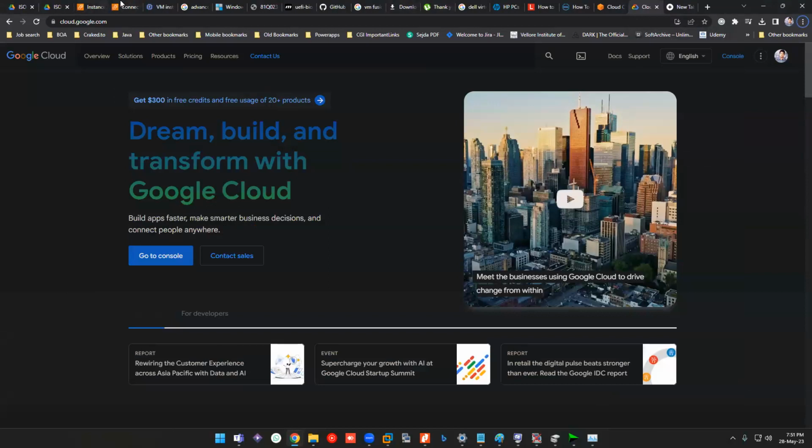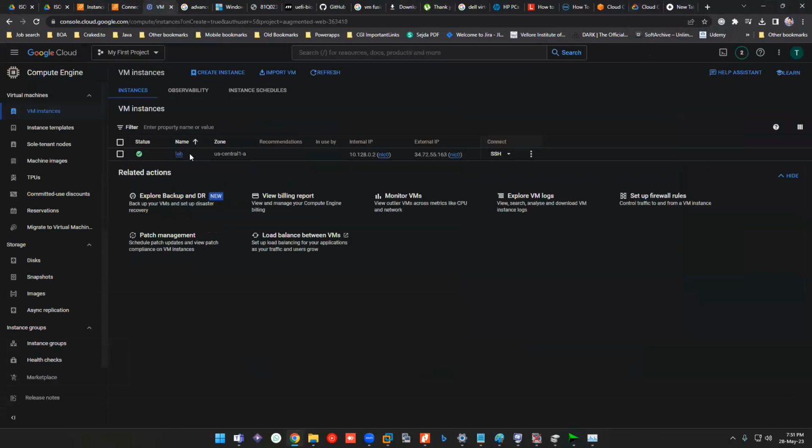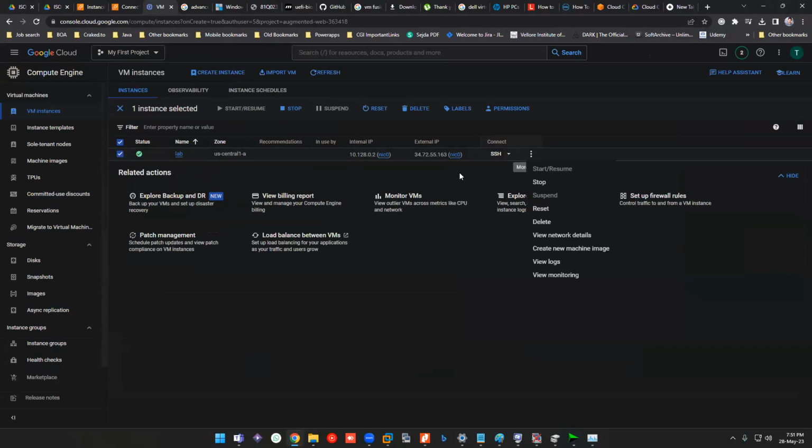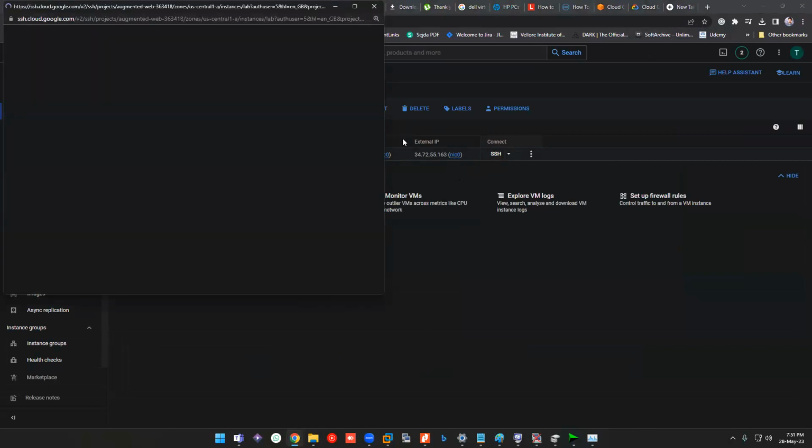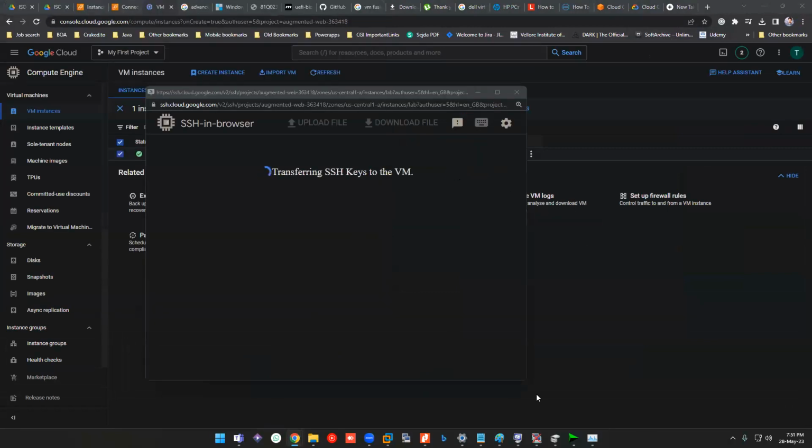Okay, it is started. Just select this IP, and you can select connect as SSH. If you click this, it will try to connect, and sometimes it might take some time. You can see it is transferring the SSH key to the VM.